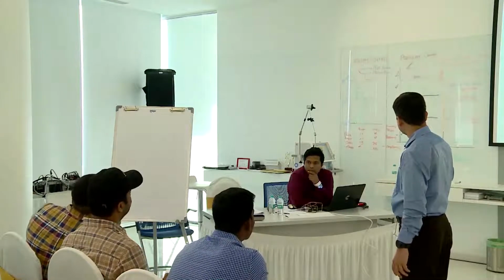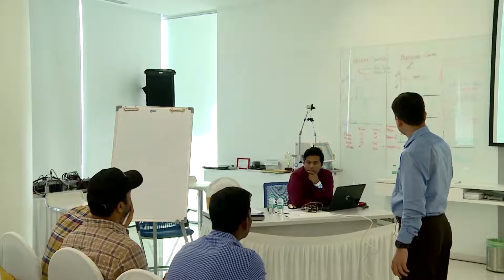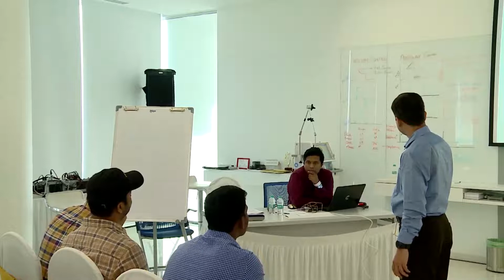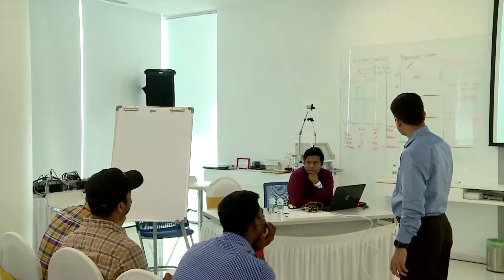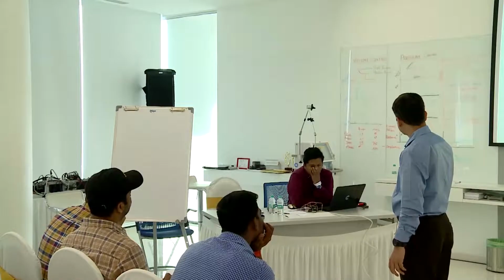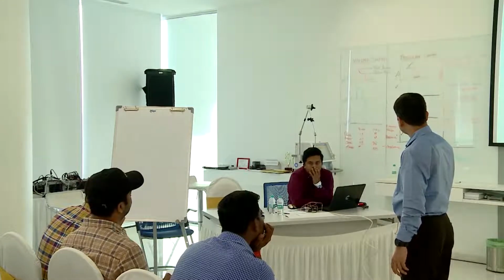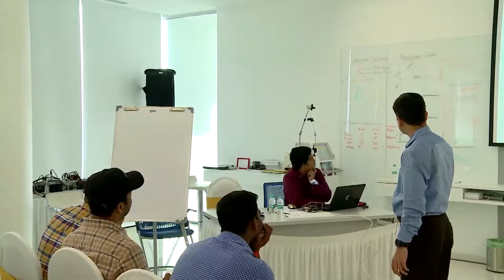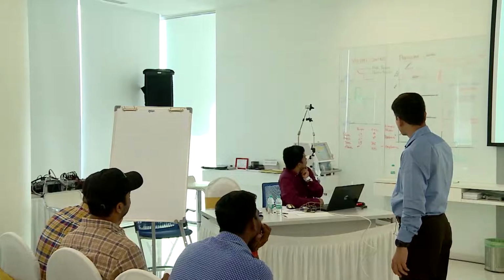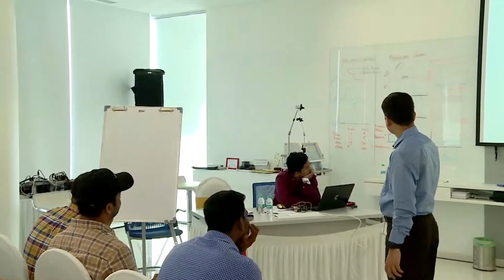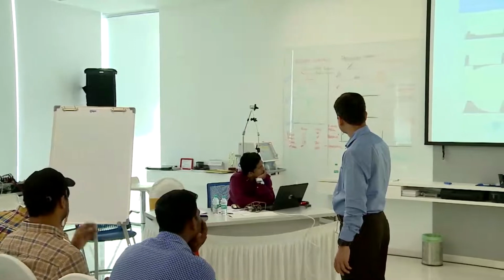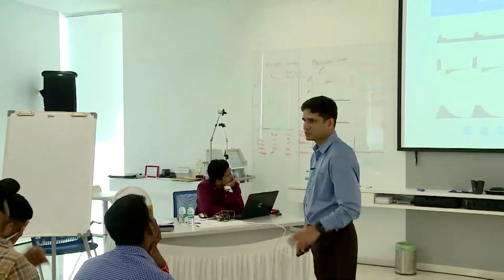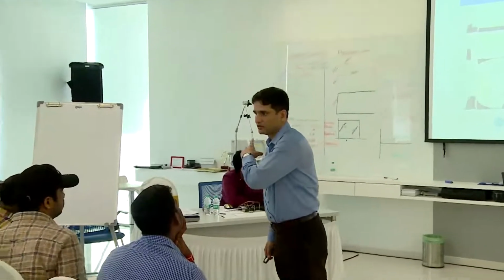Similarly, in volume control, you see the tidal volume starts to be generated here, then the tidal volume comes back to the baseline. So if you divide this graph into two parts, this part is the inspiratory part and this part is the expiratory part. Understand? From here to here is the inspiratory time, and from here to here is the expiratory time. So these are the components of volume control ventilation.